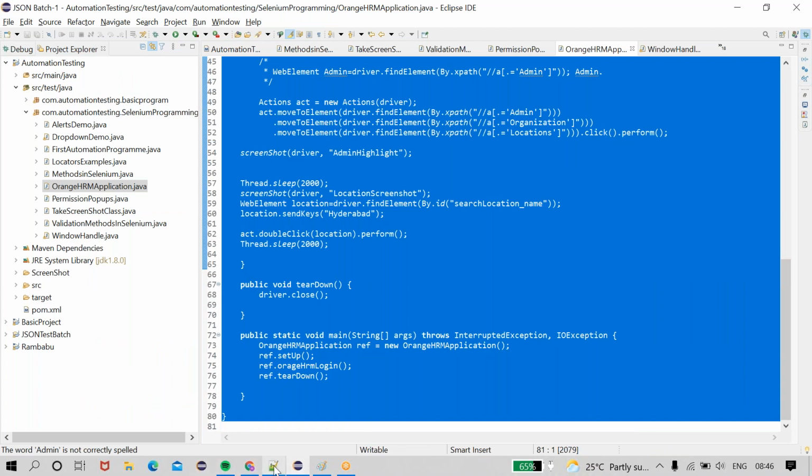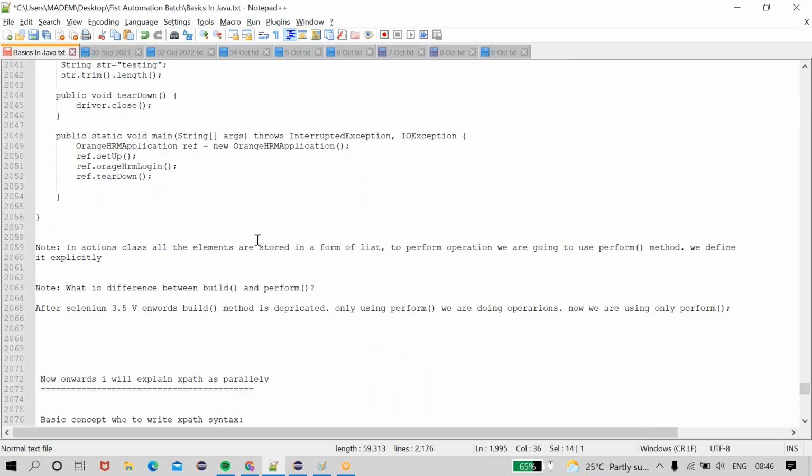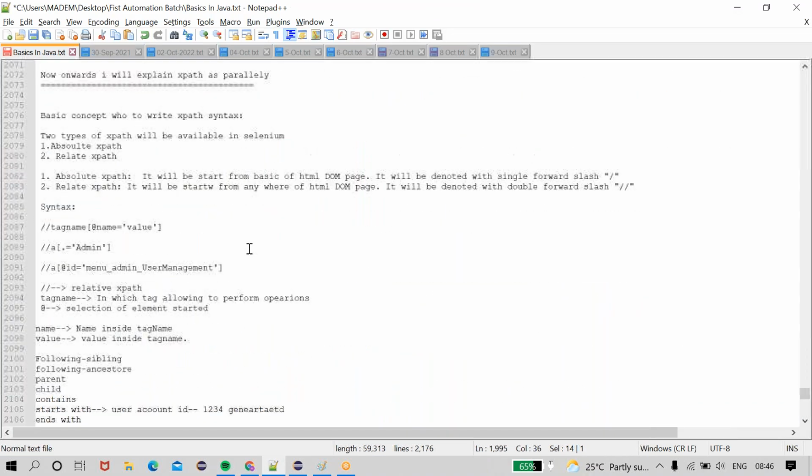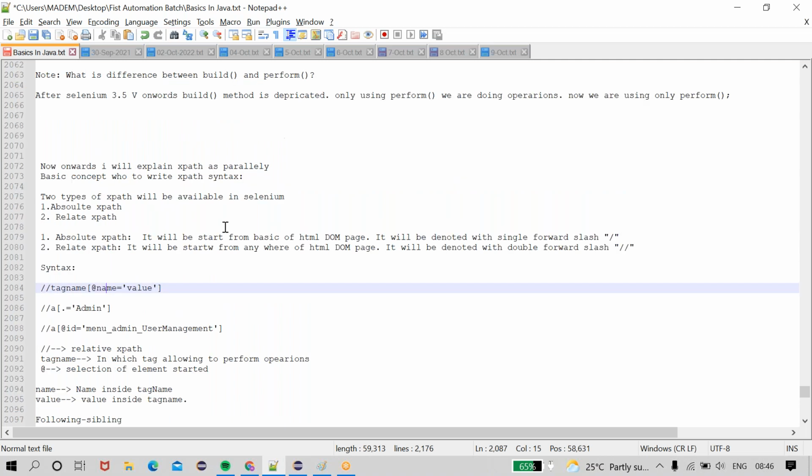Make a copy of this code. I think you know this. As of now we are done with tag name, at the rate of name equals value.